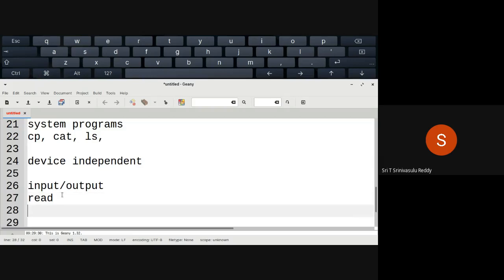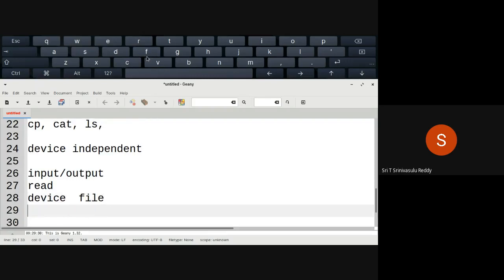That means all the devices are given certain file names, in fact. Devices are attached to certain files. So the operating system understands the moment you specify a file name, in case it is mapped to any specific device.